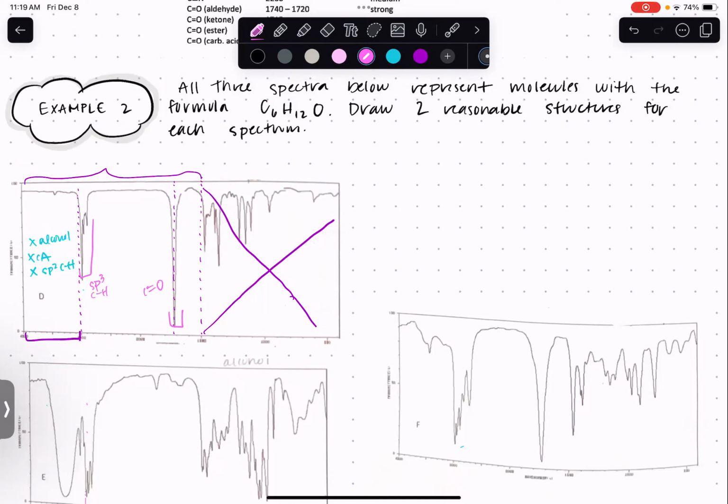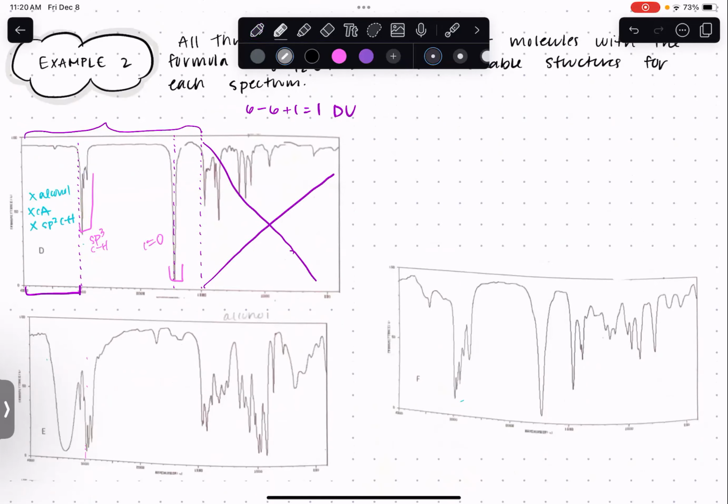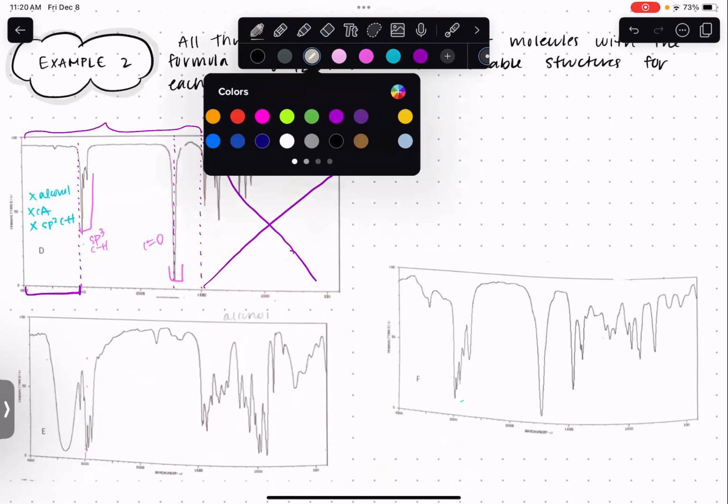Now, I forgot to do this at the beginning, which was my bad, but really the first thing you should do anytime you're looking at problems like this and you're given the formula for your molecule is find your degrees of unsaturation. So we do number of carbons minus half the number of hydrogens plus 1. So we get 1 degree of unsaturation. So that makes sense for what we see here on this chart. And I'm just going to leave it like that for right now, and then we're going to come back to it